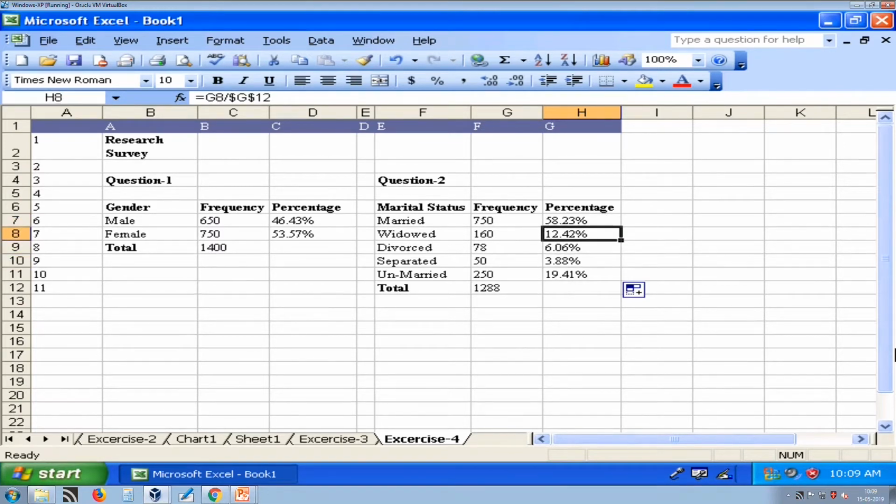If I do not use this absolute reference, what will happen? It will go to the next row of the total, so it results in a division by 0 error. These are the important features we have learned from this exercise: you can use either relative reference or absolute reference.